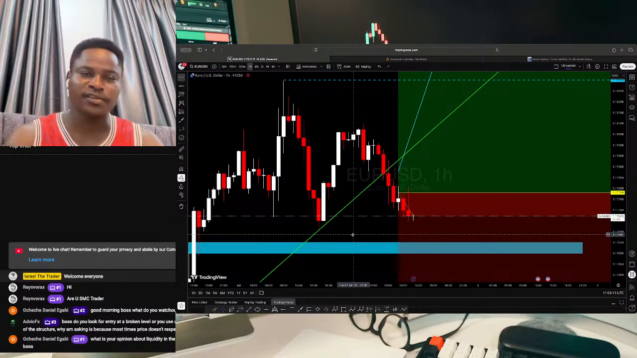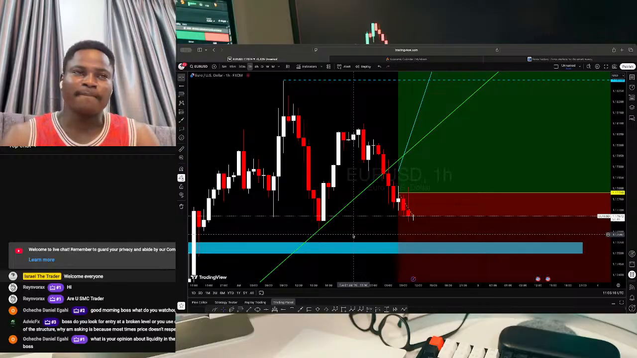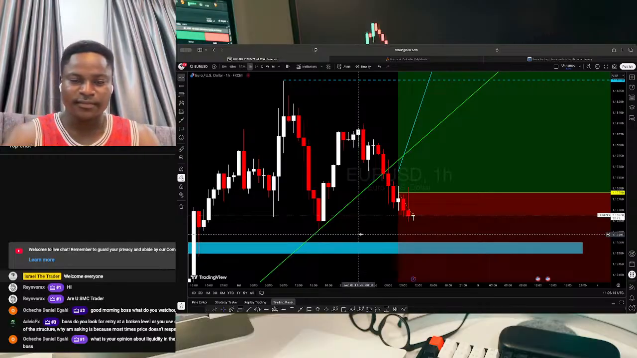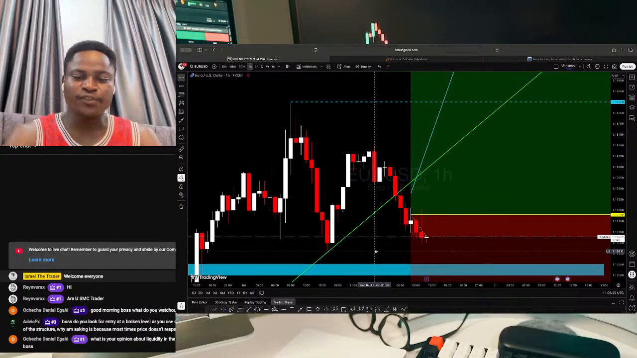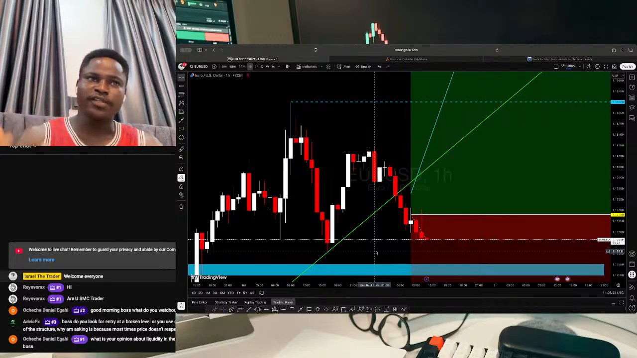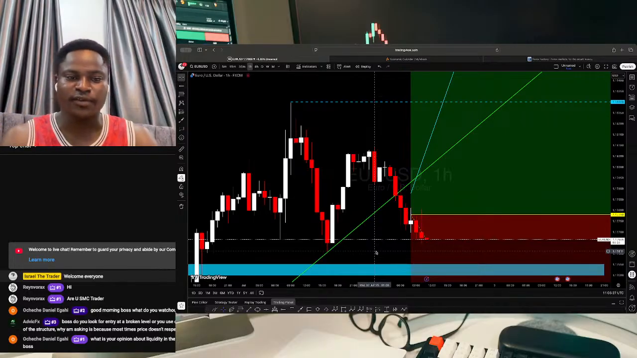If there's no liquidity in the market, definitely the market will not be moving. So enough liquidity moves the market faster. The market will be volatile by then. So if there's no liquidity, definitely the market will not be moving and all of that. So say for example,